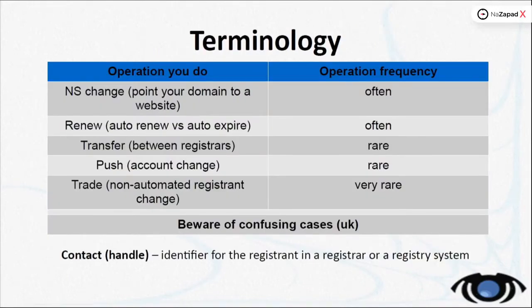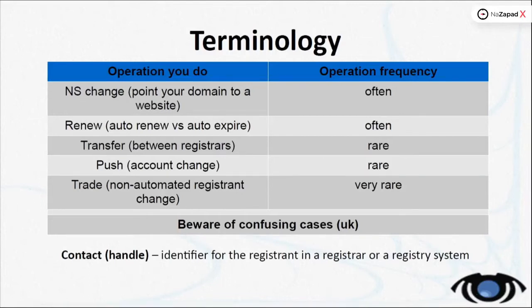So basically, when you buy a domain to use for PBN, the domain is pushed or transferred to you, and then you change your name servers, and then you have to renew the domain. What you don't have to do so often is change the ownership. If it's not publicly visible in the Whois, you can avoid that. So this will be important in the future, that you don't always have to change the ownership of the domain you bought for a PBN. You can change the email, of course, so you can manage the domain, but the actual name behind the domain you don't have to change in most cases.